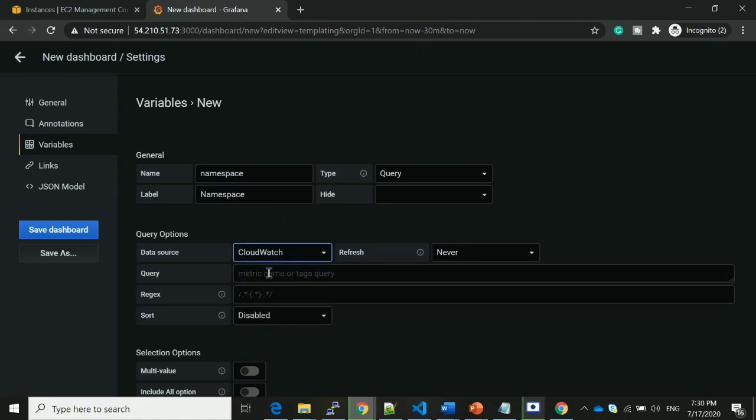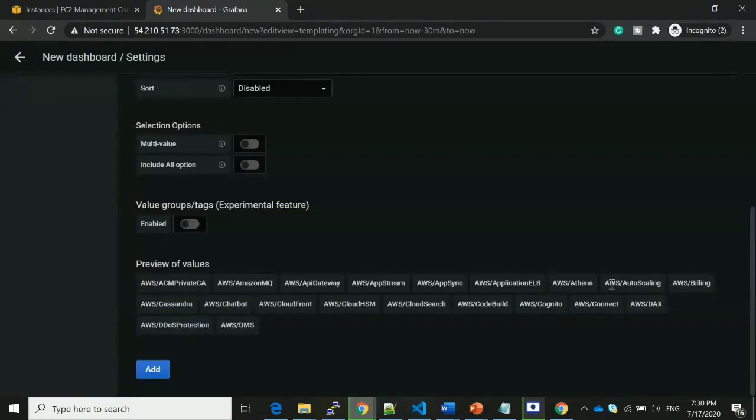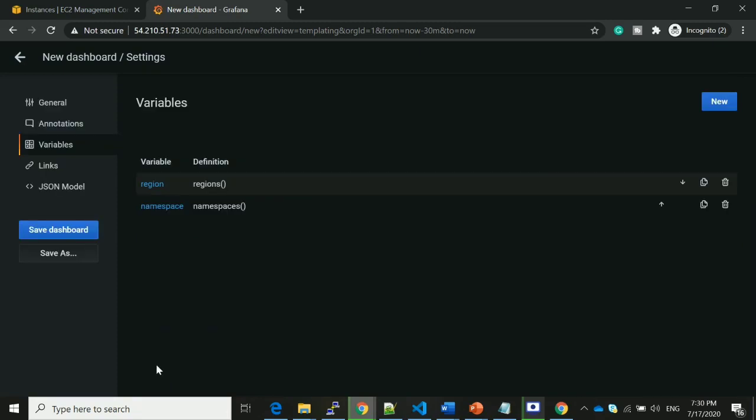Here selecting the data source as CloudWatch, and I am querying namespaces. If you observe the preview of values, we are getting the values. Okay, click on the add button. Let me create another variable. Click on the new button.